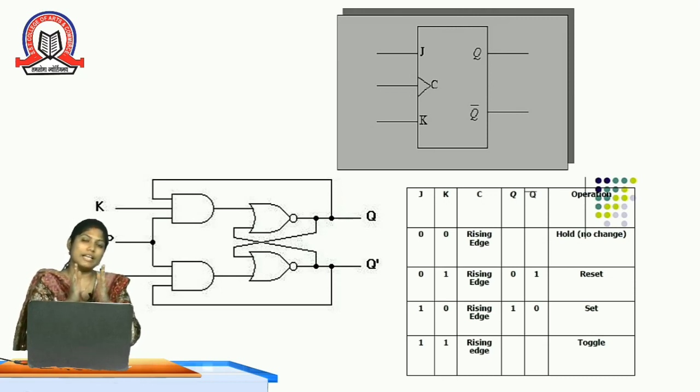MSJK flip flop is called master slave JK flip flop. It is the modification version of JK flip flop. There are two JK flip flops cascaded together in MSJK flip flop. One more JK flip flop of the same type is there. One is called master, one is called slave. In between, for the clock pulse, we are using an inverter. If master is active, then slave will be deactive, and vice versa. So if master is 1, slave is 0, and if slave is 1, master is 0. So this is all about MSJK flip flop. That we will be discussing in the next video.